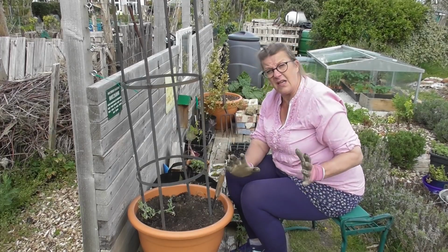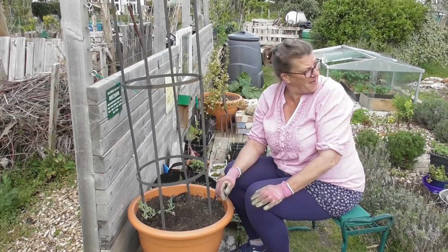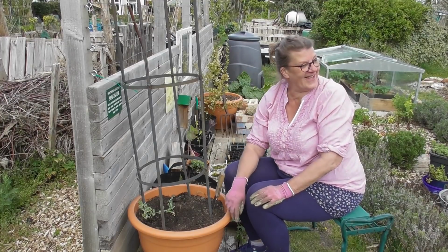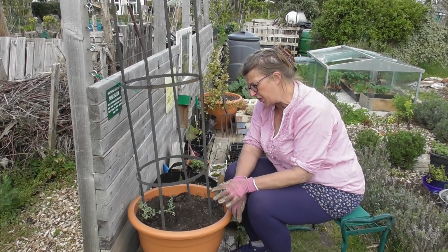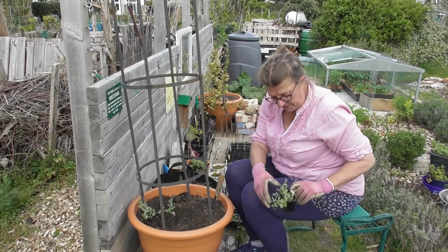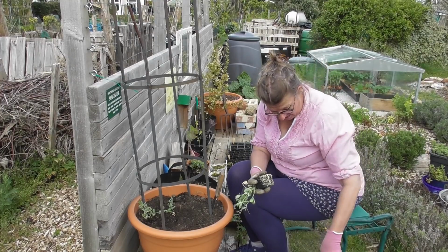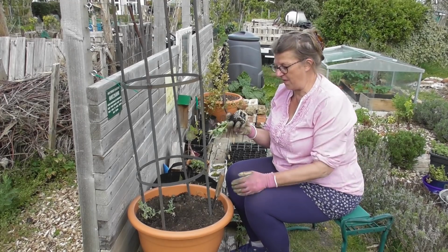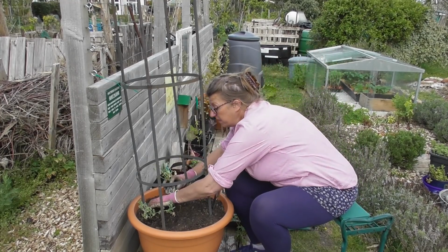I'll get them in, get the, I was going to say pea sticks, it's not pea sticks, rose bush trimmings. Hello lovely. Get those trimmings in, give it all a really good soak. I think we're due some rain tomorrow, that would be great. But yeah, they haven't been pinched. However, I have got quite, oh look, they really need to go in. I have got quite a few, so